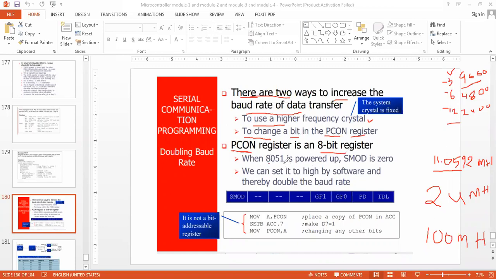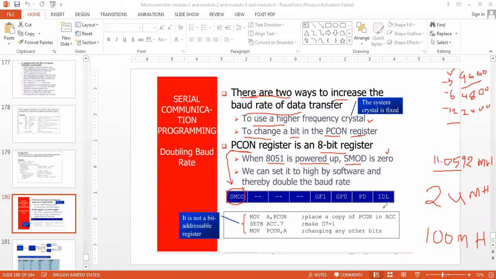Now whenever the 8051 is powered up, SMOD is going to be 0. SMOD means the MSB of the PCON register. This is my PCON register. It is an 8-bit register.